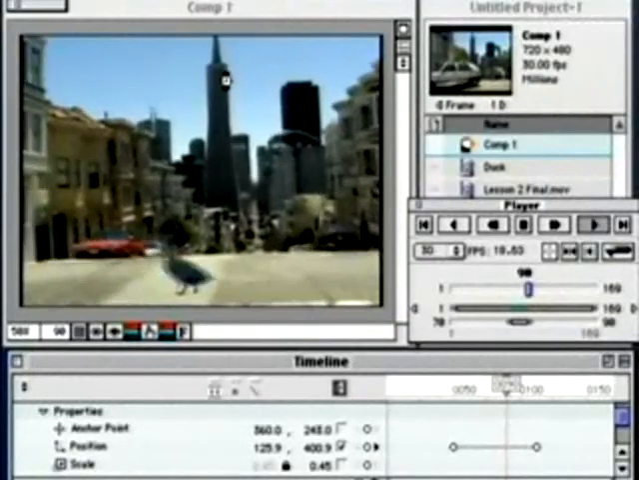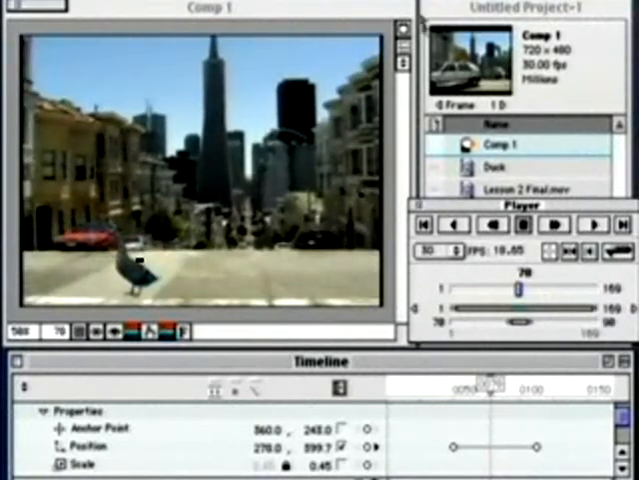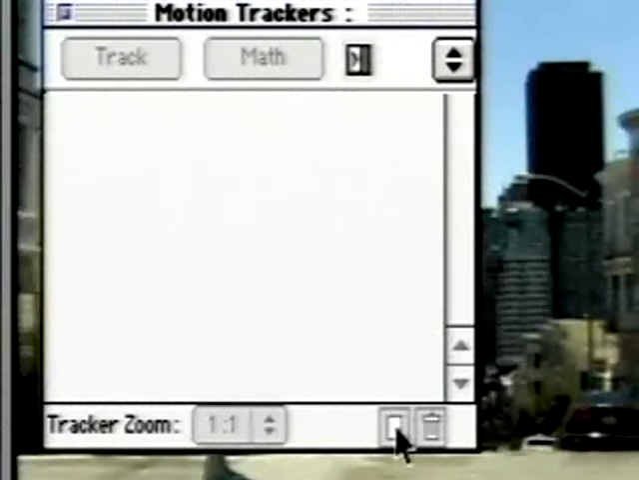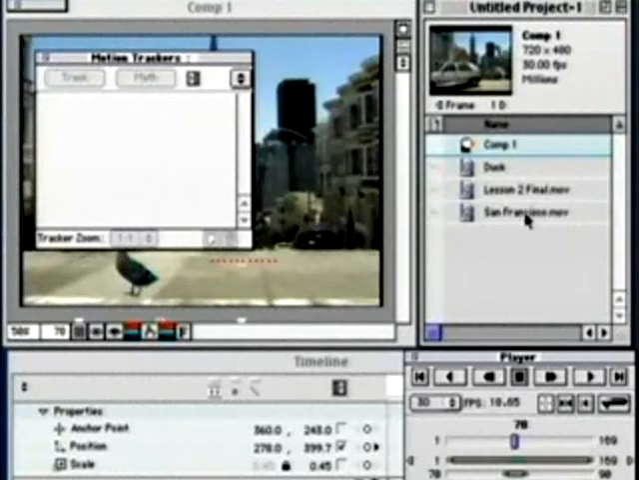Let's open the motion tracking palette. I'm going to go up here to Windows and down to Motion Tracker. So you'll notice that the new tracker button right here, the icon is actually grayed out. And this is because tracking is actually on a clip basis rather than a comp basis. So what I want to do is go over to our clip window here, double click on the San Francisco movie,